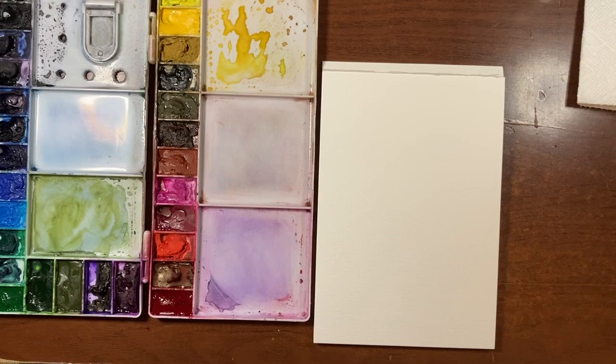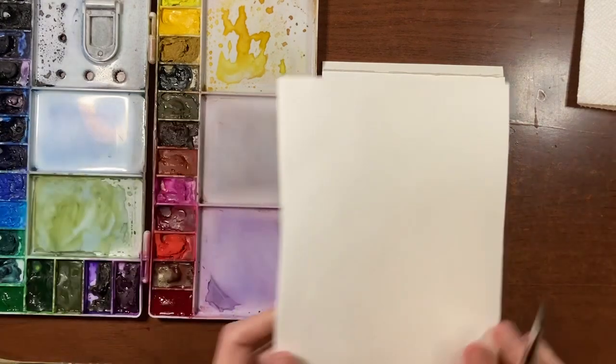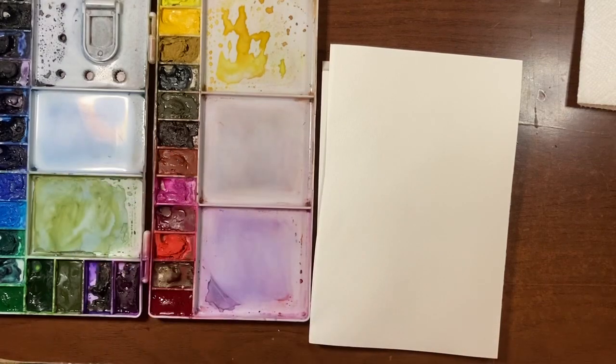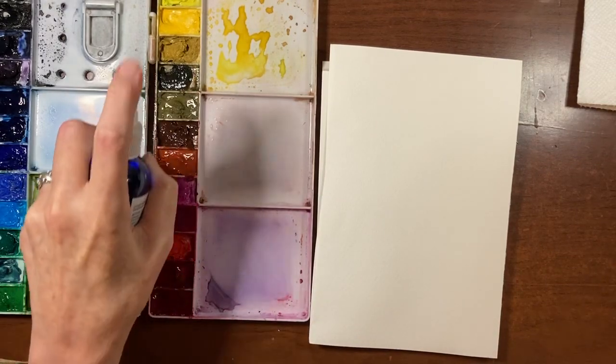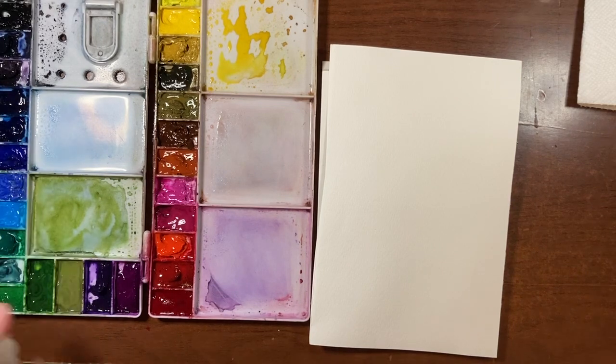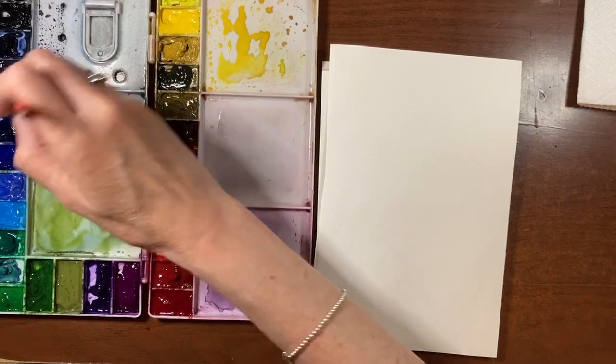First of all, I'm just going to grab a piece of scrap paper to give you an idea of what this brush can do. My flowers are going to be blue. I've just got to wet my palette, I forgot. I'm spraying my whole palette, but I know my flowers are just going to be blue, it's just a habit. So I'm going to take some Prussian blue,